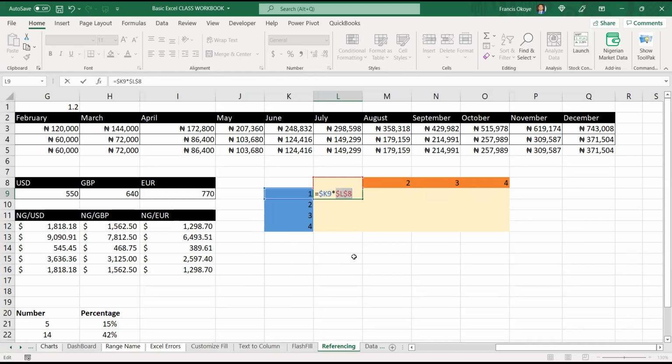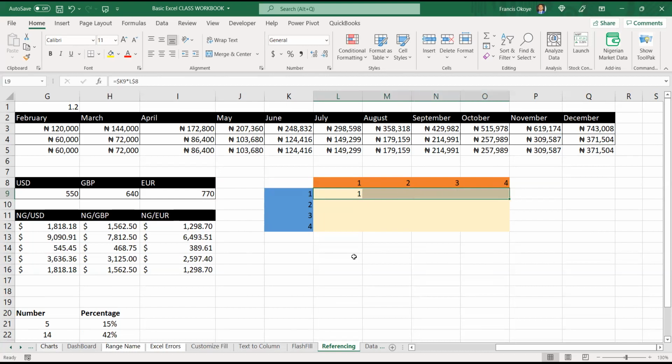So I'll come on this side and lock. This one is locking both rows and column, isn't it? I will press again. This one is only the row. So that first one was only the column, and this is only the row. Okay, let's see now. Is this correct? Yes.